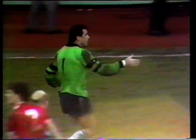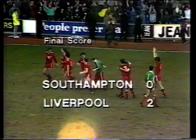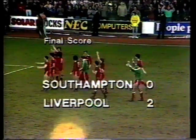There's the match winner with his 2 goals, Ian Rush. But I wonder if most people would agree that the man of the match is on the losing side today, Peter Shilton. In a great battling Southampton performance, they had to take so much for so long. And Grobbelaar adding his congratulations. Liverpool jubilation. A semi-final score here at White Hart Lane. Liverpool 2, Southampton 0. So after extra time, that